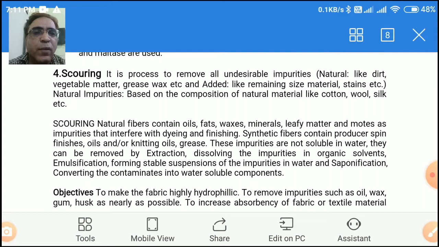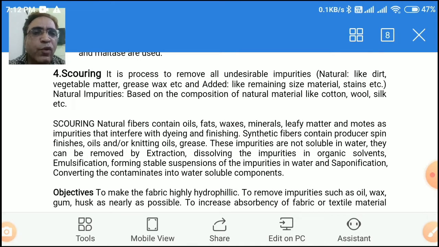So these are very important processes for the preparation of the cloth. I would say that scouring is the heart of processing. Why am I saying that? Because every wet process which we carry out depends upon the absorbency of the cloth. Oils and waxes provide hydrophobicity to the material. So fats, oils, waxes are the materials which affect the water absorbency. So to increase the water absorbency, or